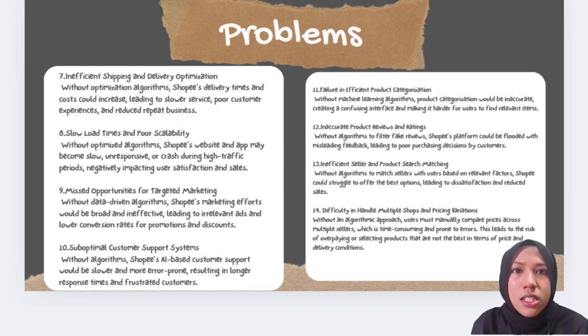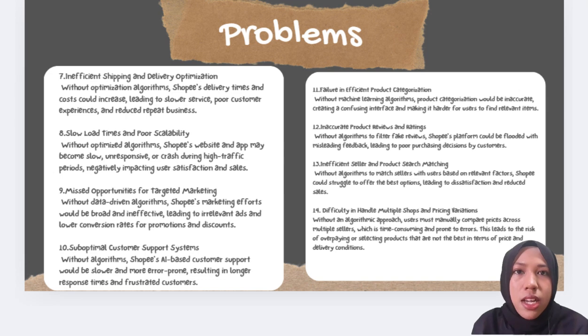business. 8 is about slow load times and poor scalability. Without optimized algorithms, Shopee's website and app may become slow, unresponsive, or crash during high traffic periods, negatively impacting user satisfaction and sales. 9 is missed opportunities for targeted marketing. Without data-driven algorithms, Shopee's marketing effort would be broad and ineffective, leading to irrelevant ads and lower conversion rates for